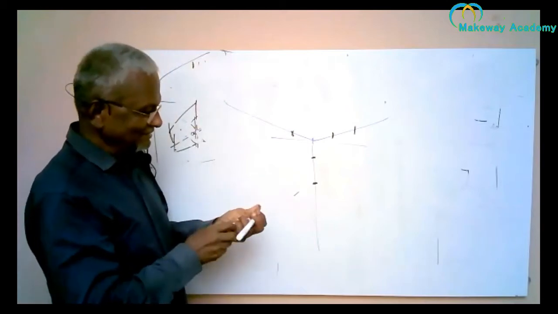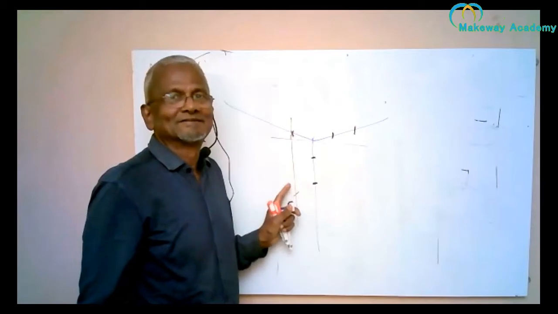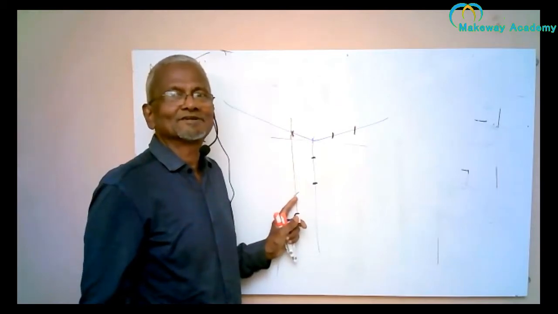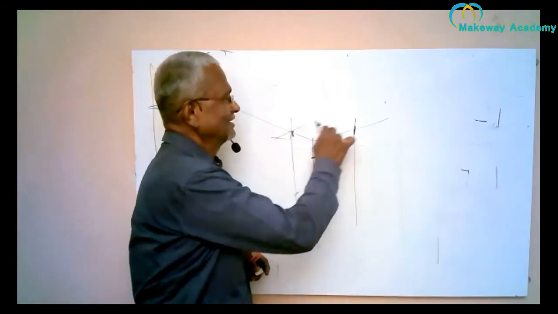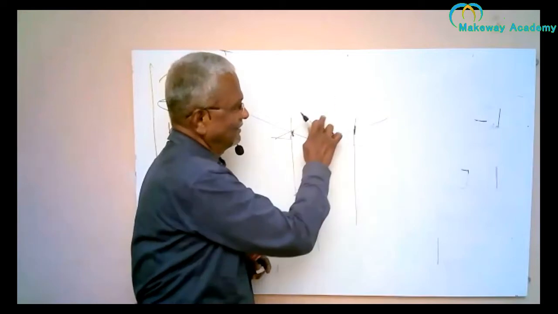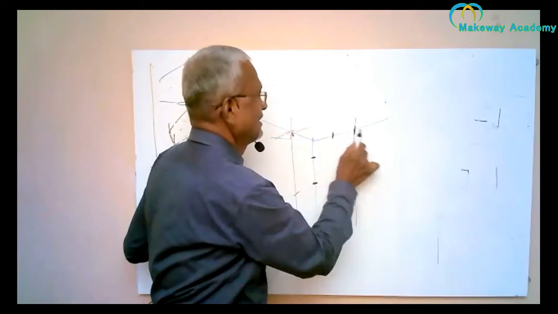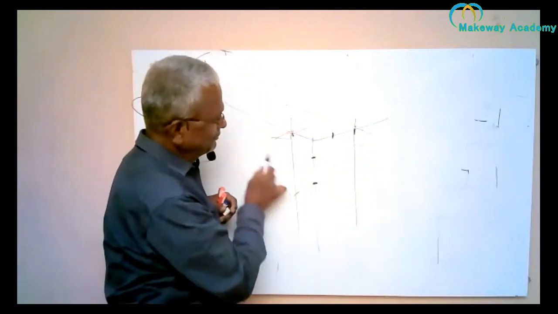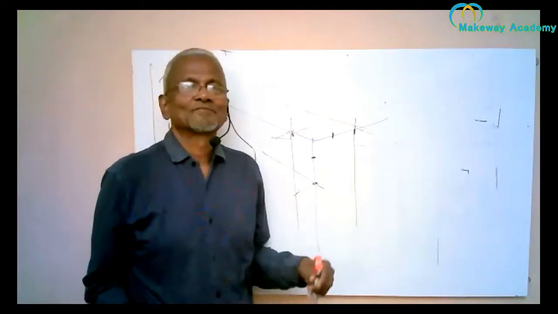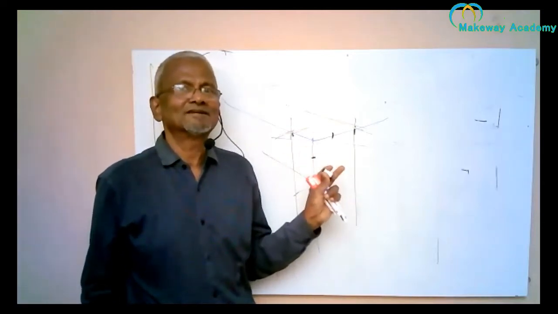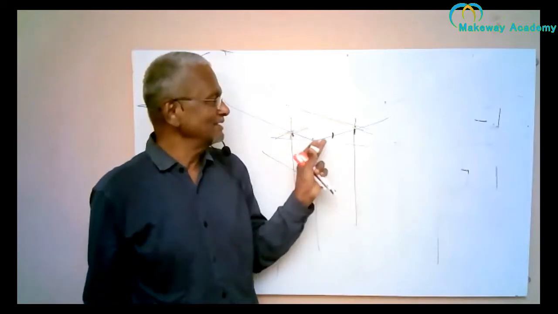Now, how do I build it to the same object? And then I draw lines which are parallel to the isometric axis. The lines which are parallel to the isometric axis are called isometric line. So I draw an isometric line, another isometric line, another isometric line, slightly isometric line, isometric line. So I have drawn isometric lines. What is isometric line? Isometric lines are lines which are drawn parallel to any one of the 3 isometric axes.